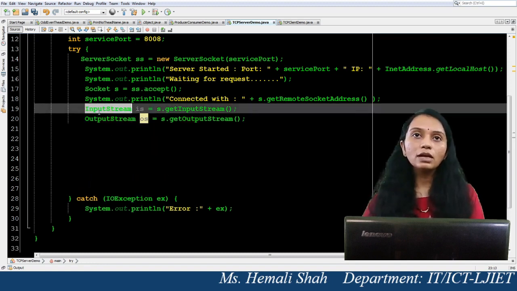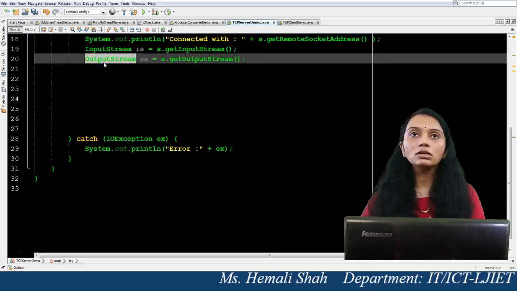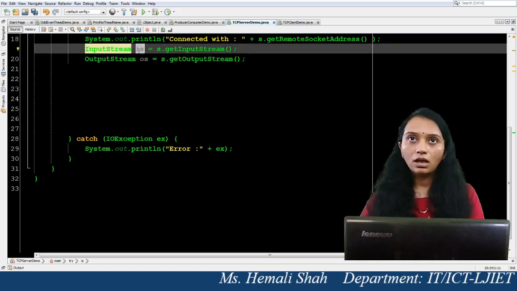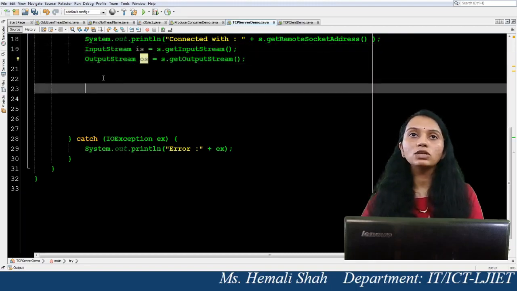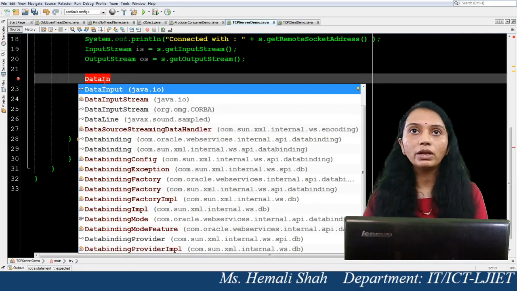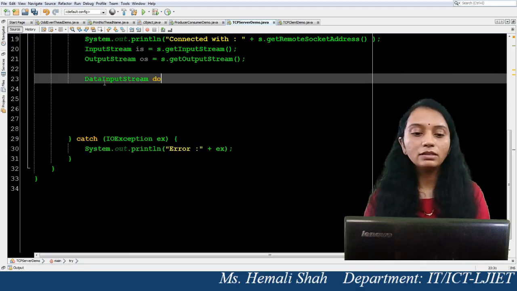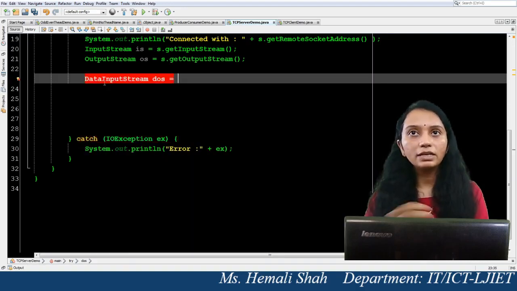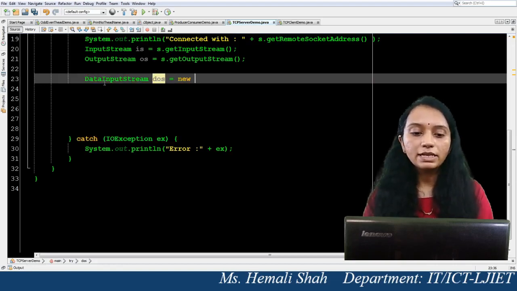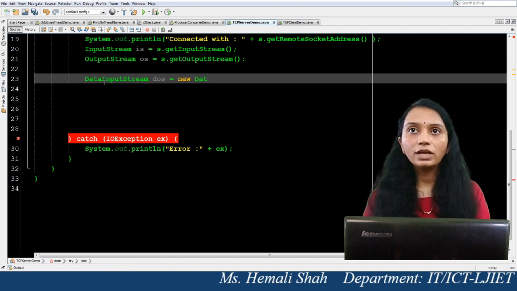Now only by using the input stream and output stream we cannot create a logic, or the logic will be very difficult. So I am just wrapping this input stream and output stream object into super level classes. The DataInputStream is a super class of this input stream having more functions for reading purposes. So I am just creating this DataInputStream class object.